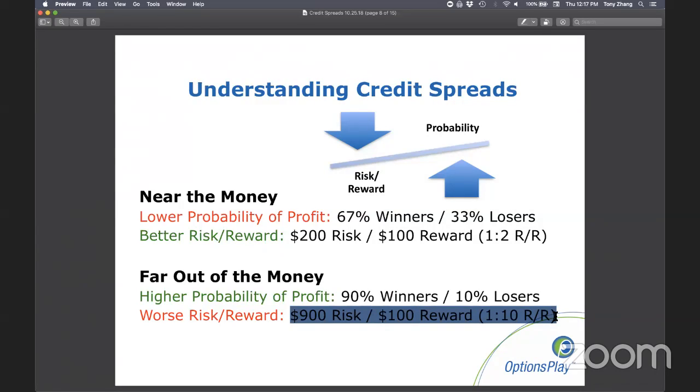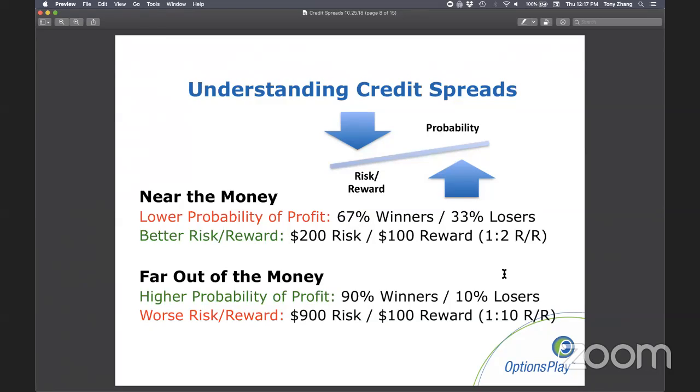10 times what you're collecting on that trade, which means that you could be right 10 times in a row, which just sounds great, but that 11th trade that ends up being unprofitable, you will wipe out the previous 9 trades before that. So as long as you're understanding that trade-off, that is the thing that I want to make sure everyone understands, is the trade-off between probability and risk to reward. Don't just look for high probability or don't just look for high risk to reward. You want to make sure you find a balance between the two.